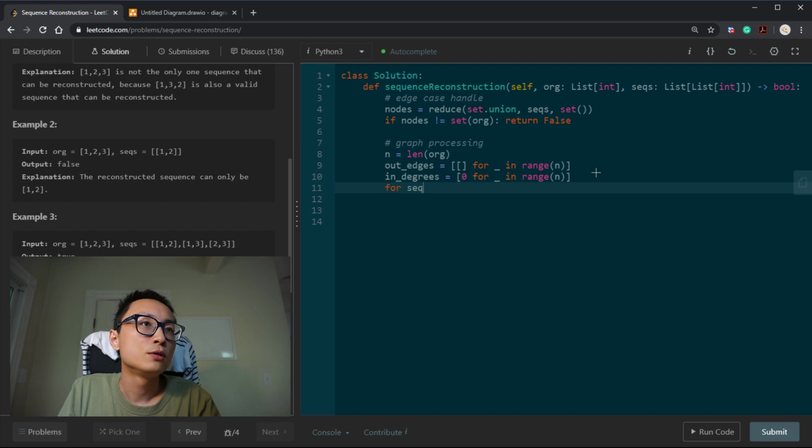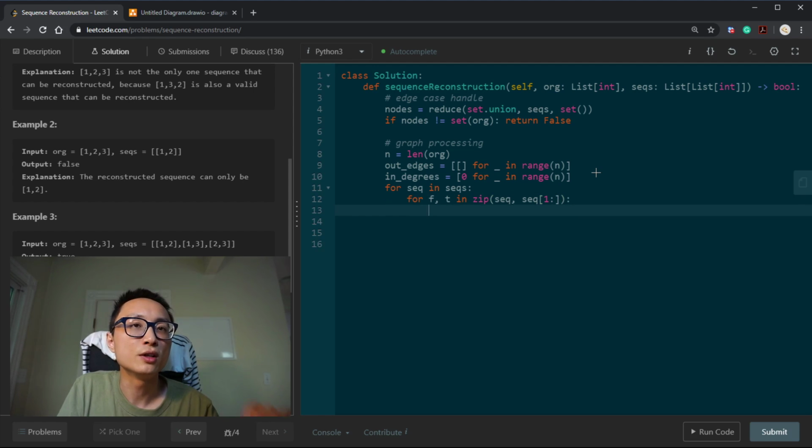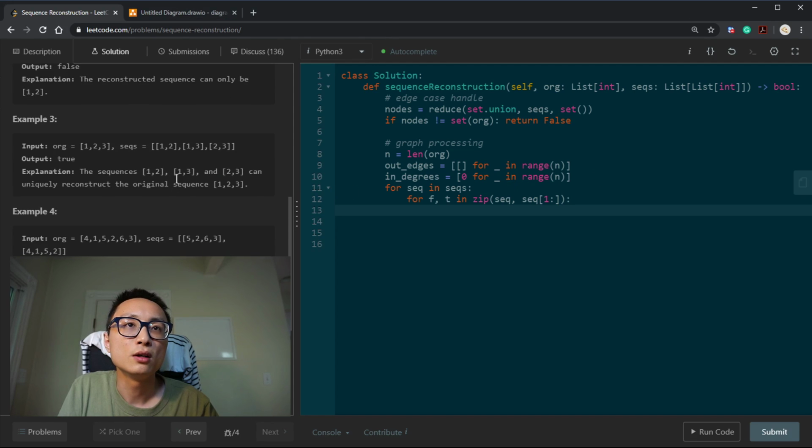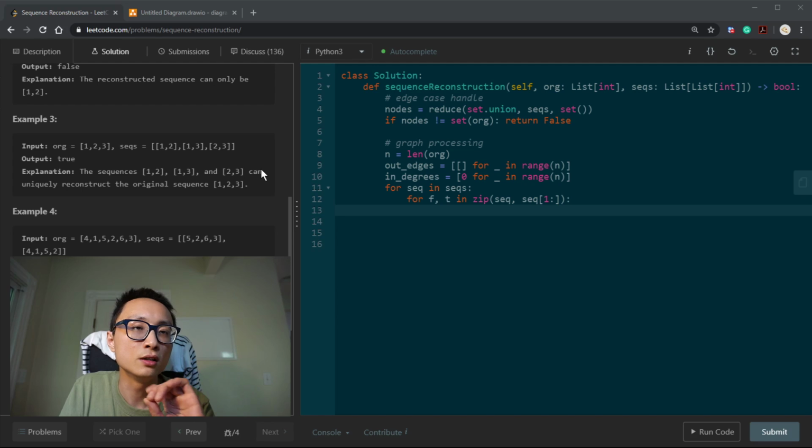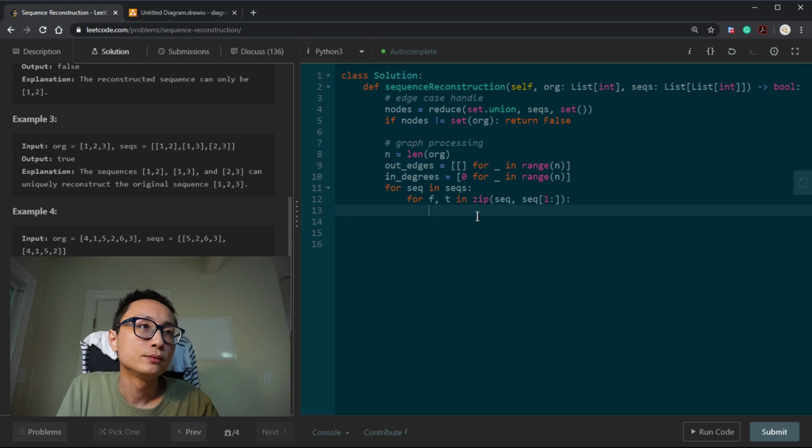So we're gonna do for seq in seqs, and for the from and to node in zipping these two together. So we're comparing the adjacent two numbers. Number 1 will point to number 2. Number 1 will point to number 3. Number 2 will point to number 3. So use this to create the out edges and also populate the in-degrees.